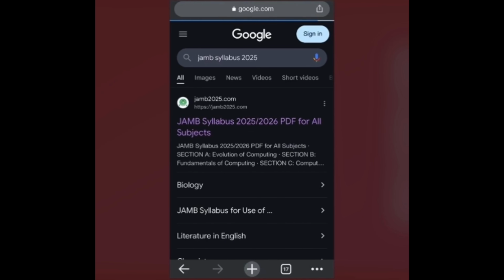And then when you click on search, it's going to open a new page for you. Now the first link that you're seeing on your phone screen is what you're going to click. The first link, which contains Jamb syllabus 2025/2026 PDF for all subjects. That is what you're going to click to get access to the Jamb syllabus and then download it to your phone. So we click on the first link,